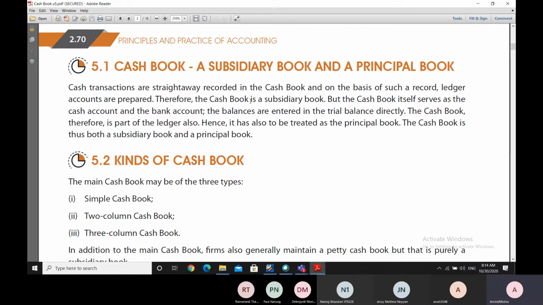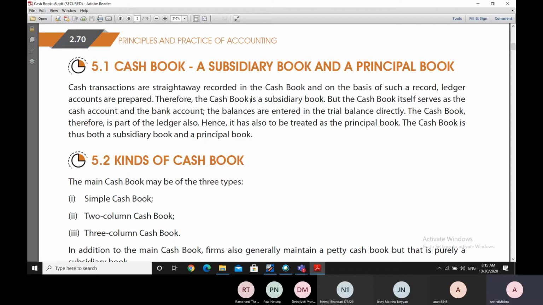As you must have seen, whenever we make a credit purchase or a credit sale, that entry we make straight away in the purchase book or in the sale book if the transactions are more in number. Similarly, if there is a purchase return or a sales return, or there is a bill receivable or a bill payable,